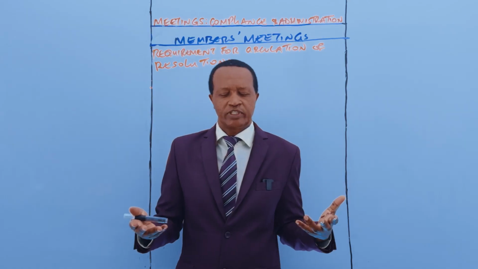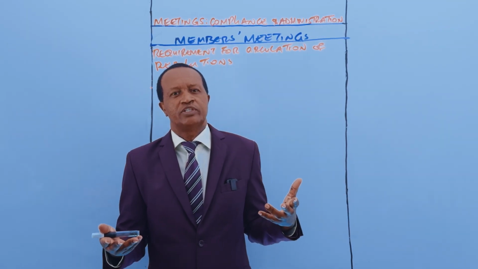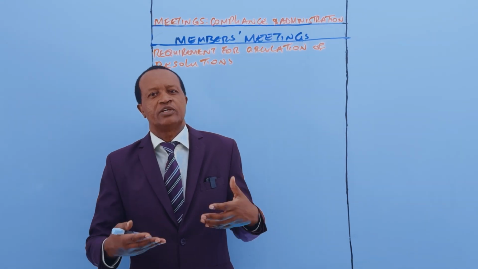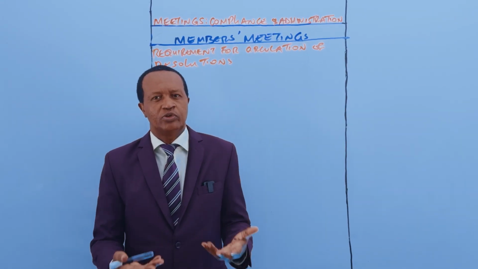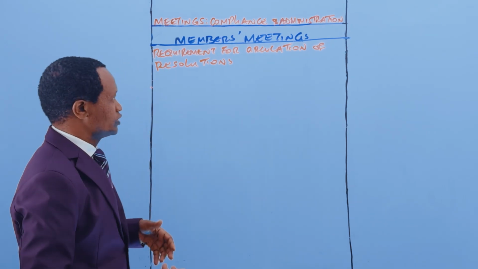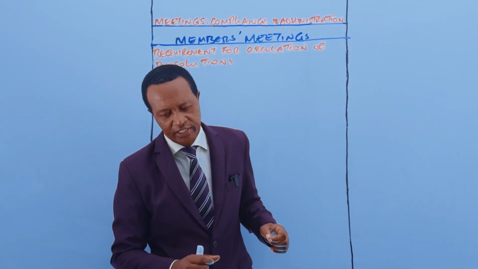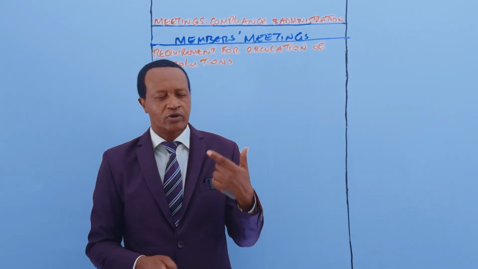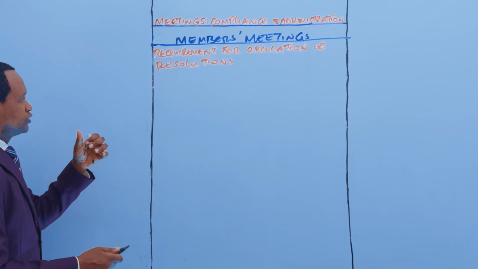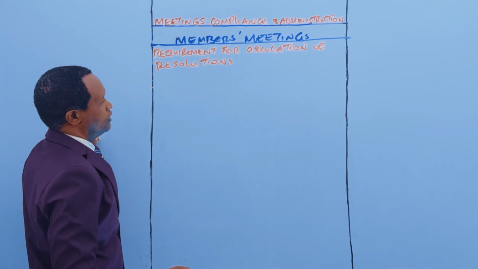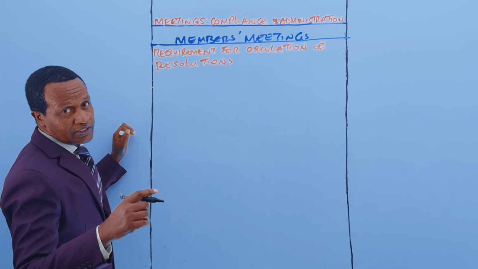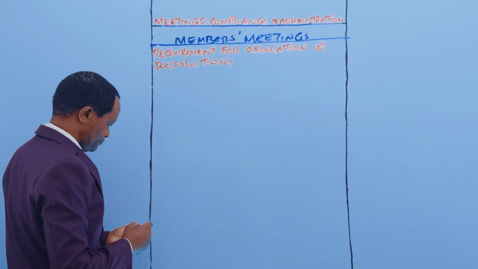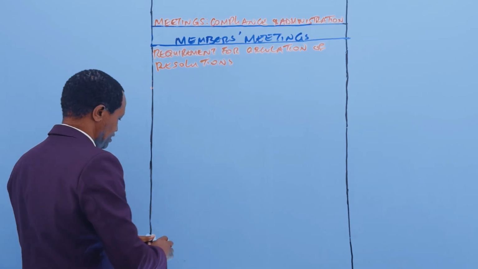According to the Companies Act and also according to the Governance Standard number 004, there are various requirements for circulation of resolutions. That's what we want to study in this lesson. By the end of this lesson, we should be able to explain the requirements of circulation of resolutions as a method of conducting company meetings or passing resolutions. So the first requirement is